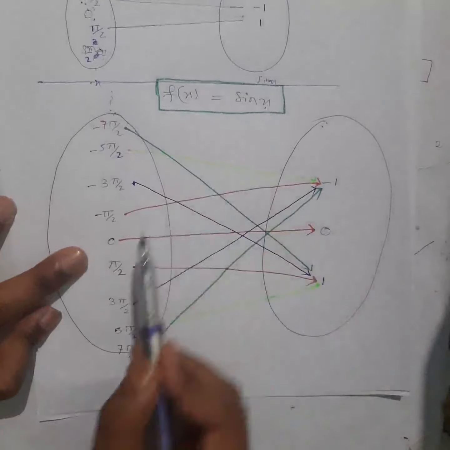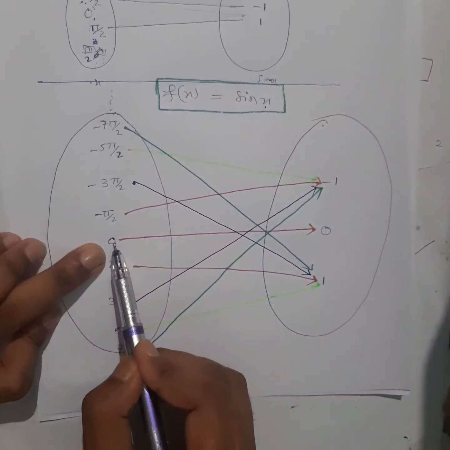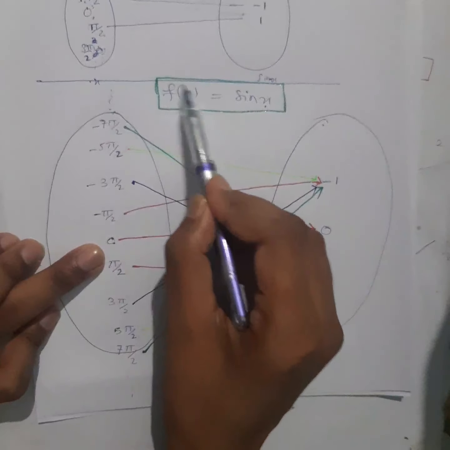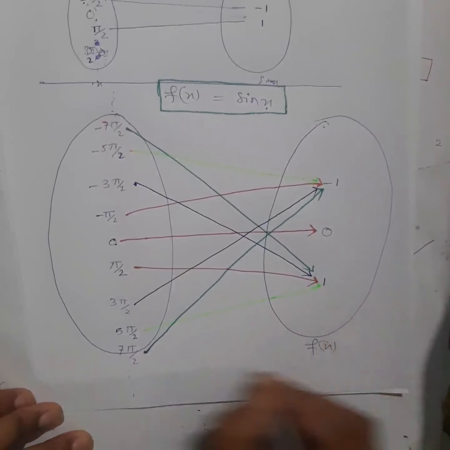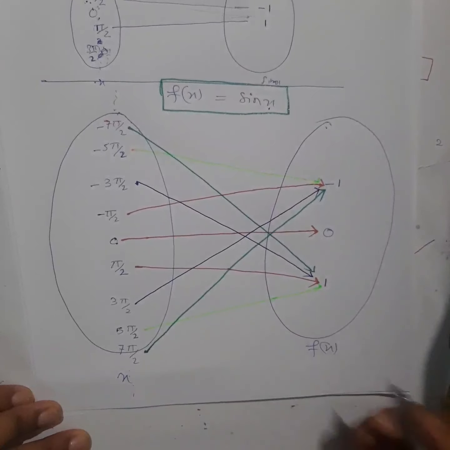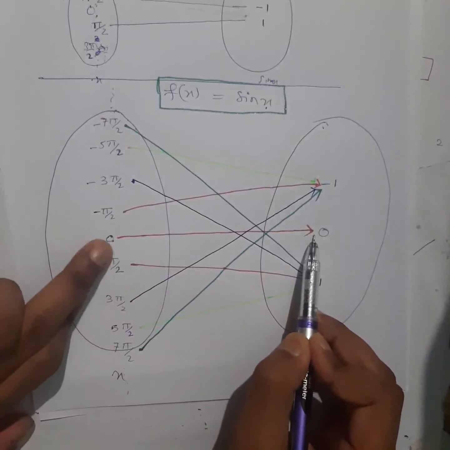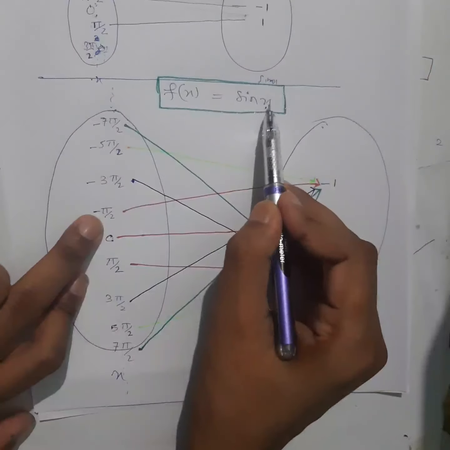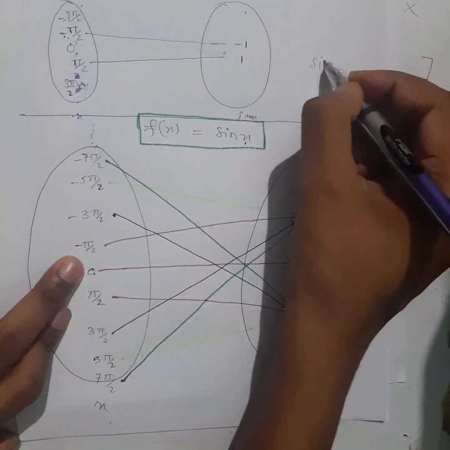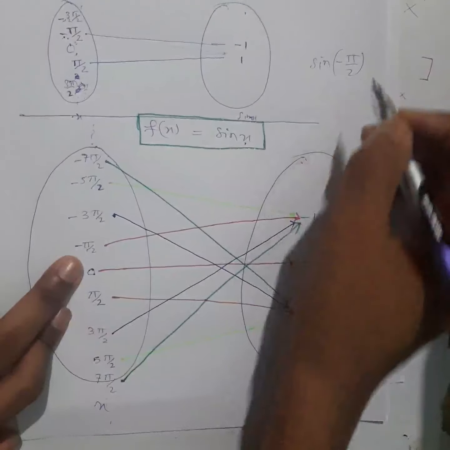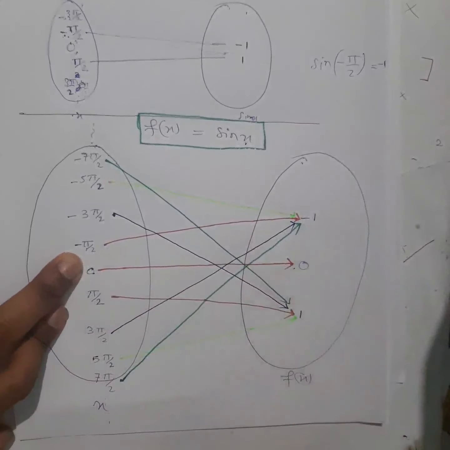Now see, if I take x equal to 0, you can check. You already know how to find these values, right? If I take x = 0, sine 0 is how much? f(x), this will be x, or you can write sine of x anyway. Sine 0 will be 0. So if I take x equal to 0, then the image you will get is 0 only, right? Now if I take x equal to minus pi by 2, that is sine of minus pi by 2, you find the value, you will get minus 1, meaning the image of this will be minus 1.